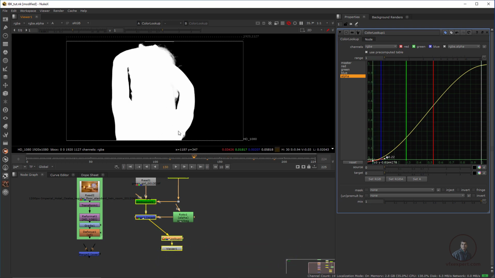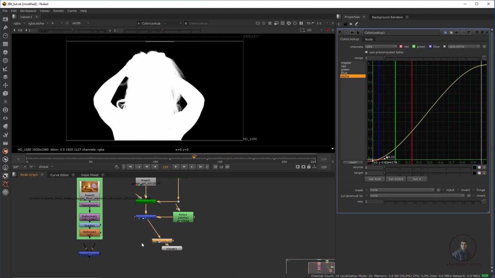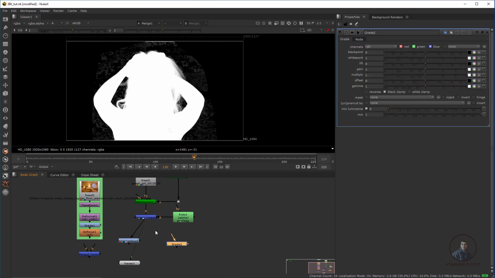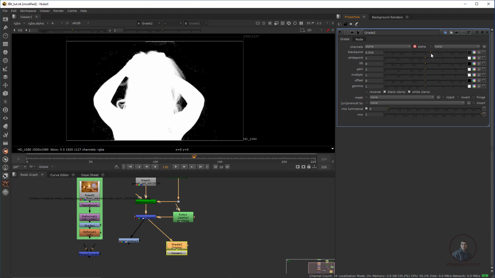Okay, so now how can I do the second one? This was actually the first method. For the second one, take a grade node, so press G, connect it here and attach it here. Then double click in grade and enable clamp black and white value. Then in channel select the alpha channel, because here I am going to adjust only the alpha channel. Then adjust this gain value, or the black point or white point, according to your requirement for creating a perfect black and white matte. Now if you want to adjust a little bit of black, you can easily see.